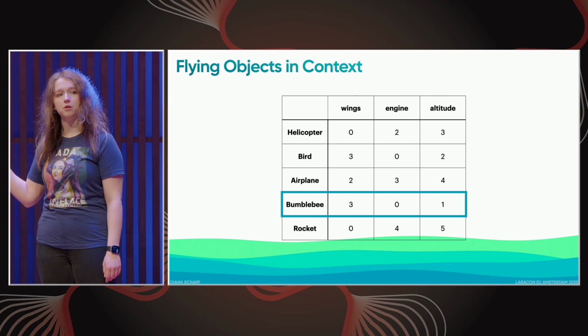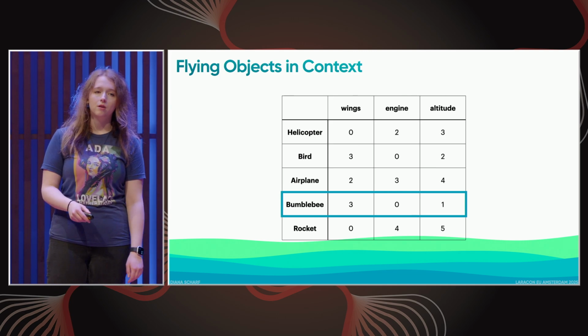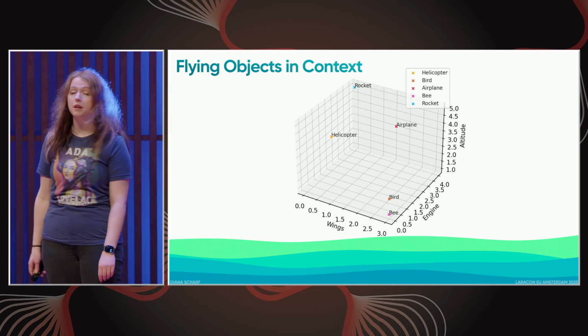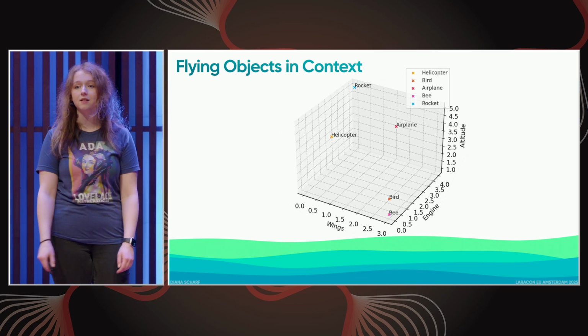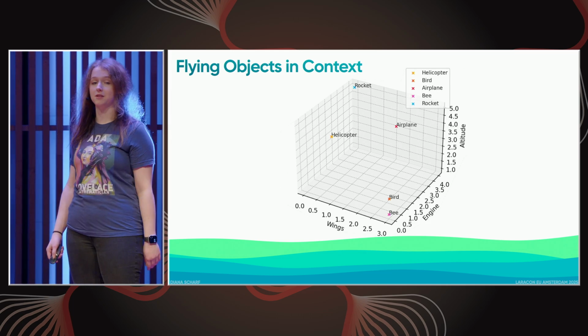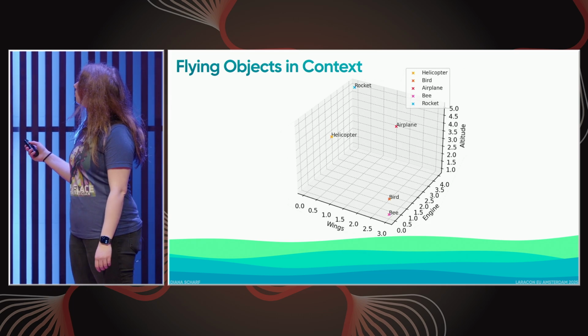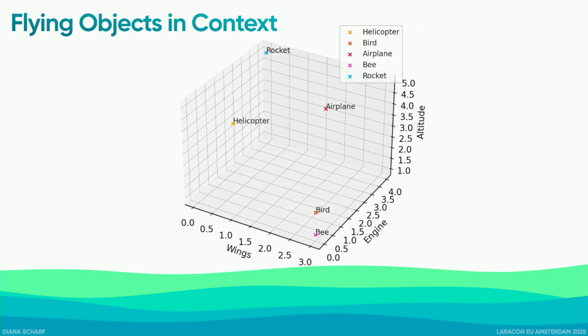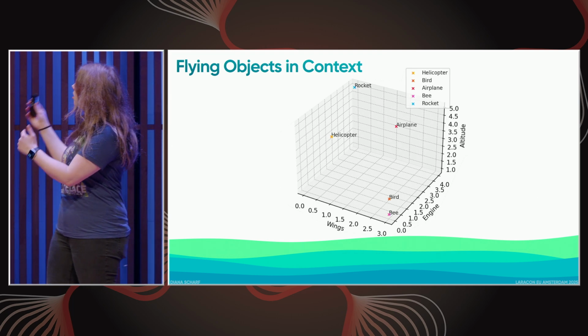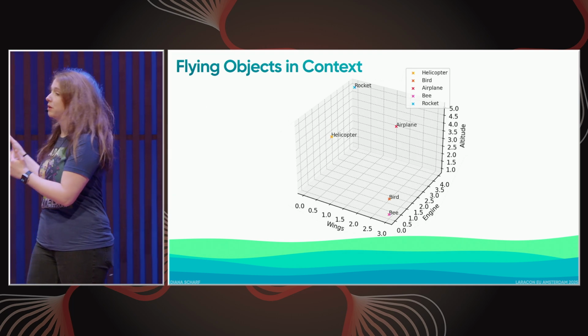If we take these numbers, these vectors, and plot them out into a Cartesian coordinate system with 3 dimensions, we can actually see the relations between the objects. You might notice that helicopter and airplane are on the same plane, you might see. And a bird and a bee are pretty similar to each other as well, down here, and not very similar to a rocket up there. And like I mentioned, we can actually see in this visualization with our own eyes the relations between the objects.